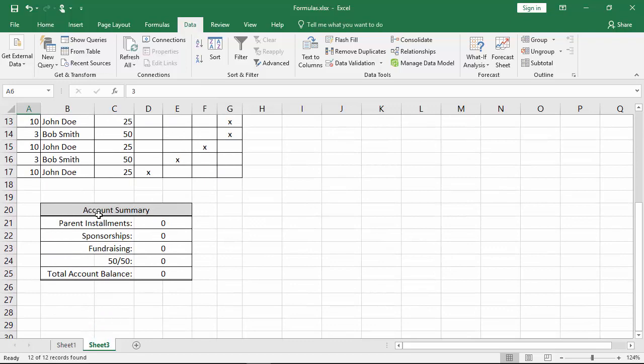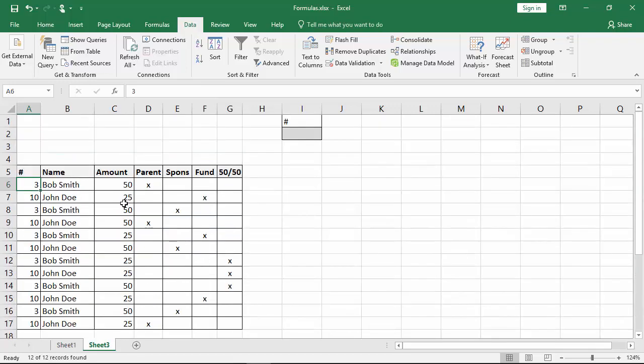This is specifically designed to be a summary for each individual player, right? So the idea is you'd filter it and then print it out and give it to the players. So the next thing I would do to clean this up is record a macro so that the filtering happens much quicker. To finish off the example, to record myself doing the macro, what I'm going to do is